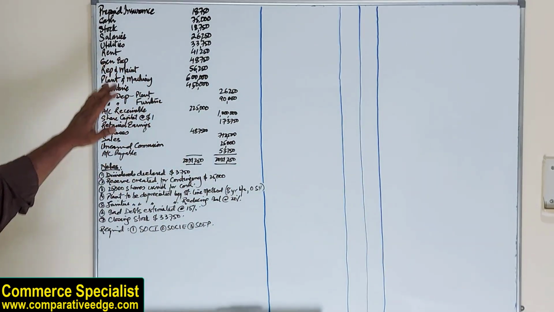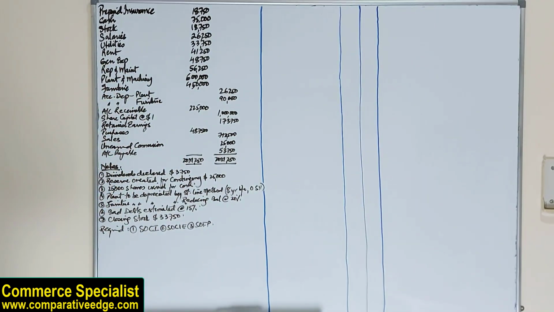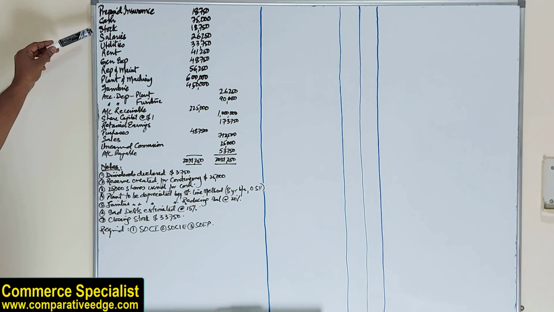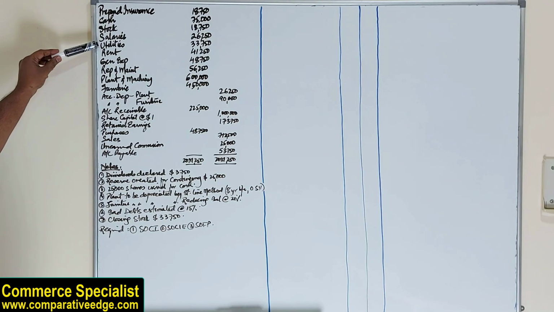So let's prepare financial statement considering some key adjustments. Here I have created a question. It's a trial balance. We have prepaid insurance 18,750, cash balance 75,000, stock 18,750, salaries 26,250, utilities 33,750, rent 41,250,